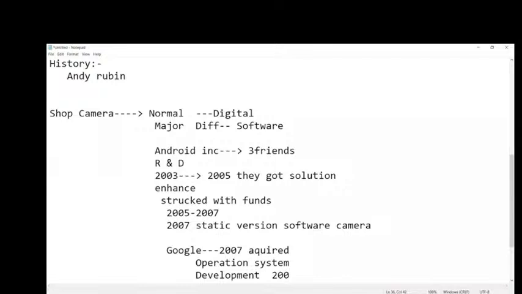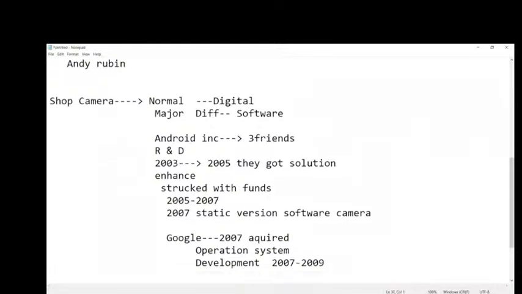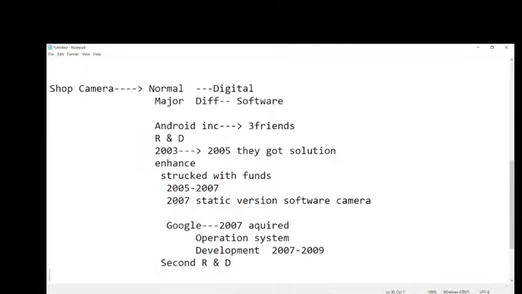In the span of these 2 to 3 years, they wanted to reach this goal. Then Google acquired it, and invested in this. Then the second level of R&D started on this specific area.